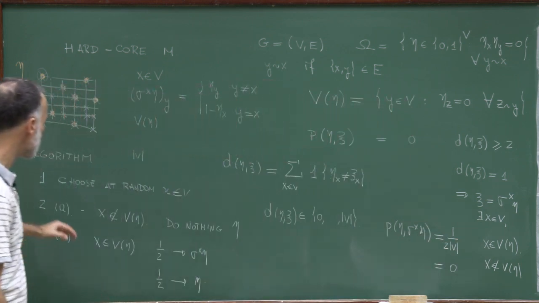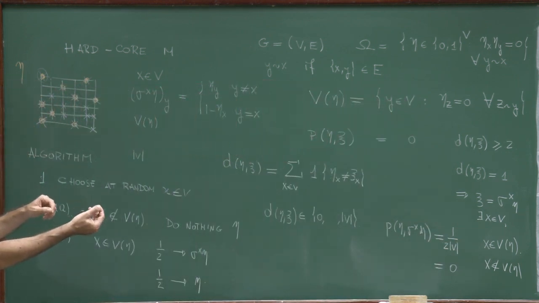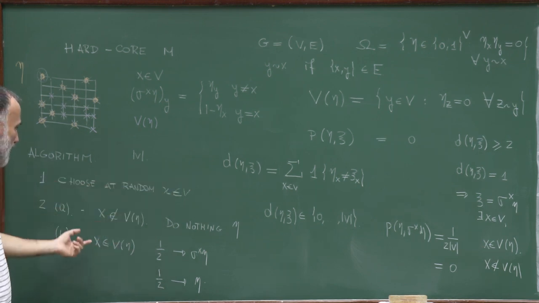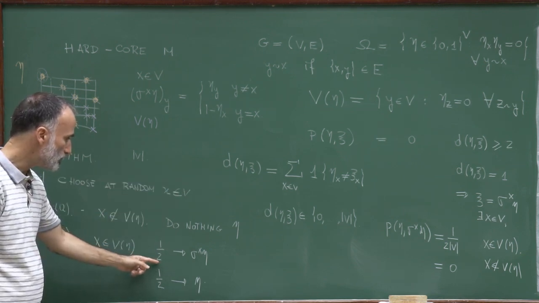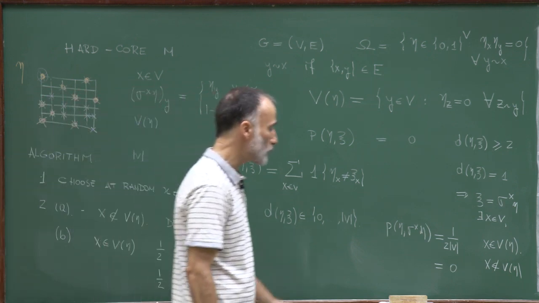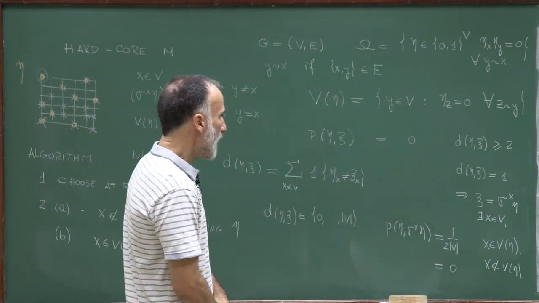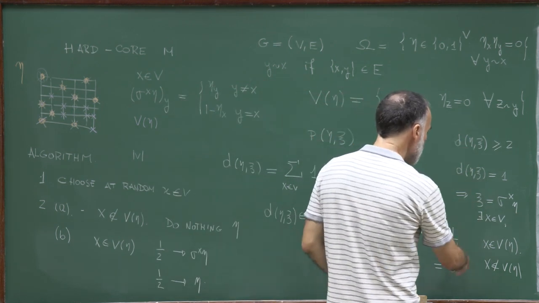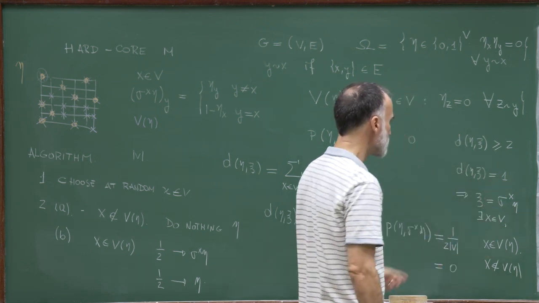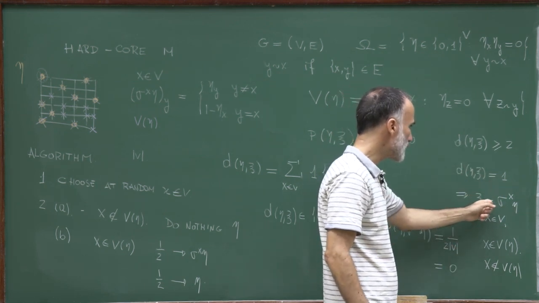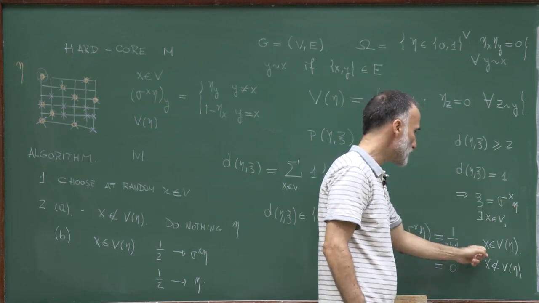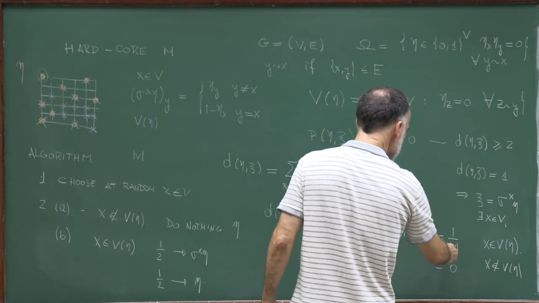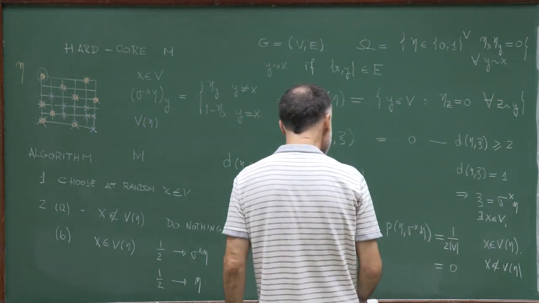Why 1 over 2V? Because first, if I want to jump from eta to sigma x eta, I have to choose x, and this happens with probability 1 over V, and then I have to flip, and the flipping probability is 1 over 2. So this is the probability. So this takes into account all possibilities in which the distance is 1. Because if the distance is 1, this means that psi is equal to sigma x eta for some x, and I have to consider these two cases. And now finally, this is the case in which the distance is 1, and finally,